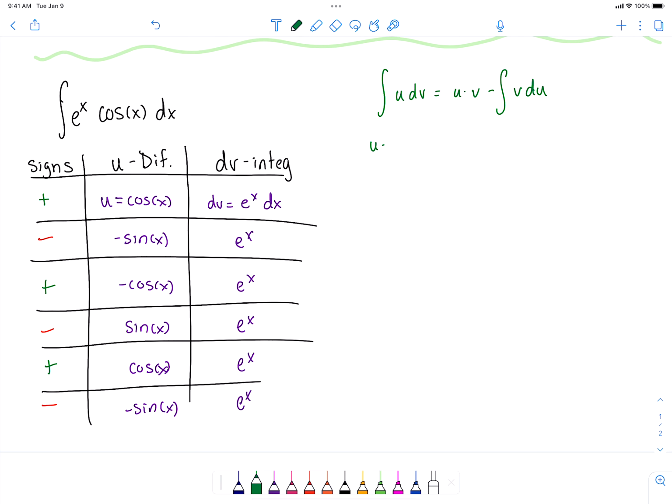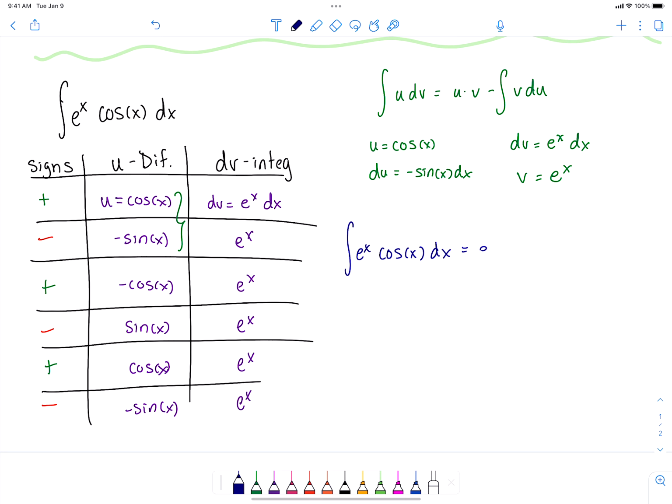So here, our u is still going to be cosine of x, so our du is negative sine of x dx. So, that's just the work that we were doing here in the first two parts of the columns. And the dv dx is going to be e to the x, or the dv is going to be e to the x dx, and so v is e to the x. So we're going to get the integral of e to the x cosine of x dx is